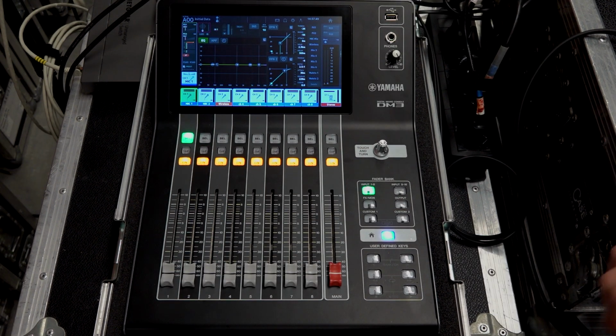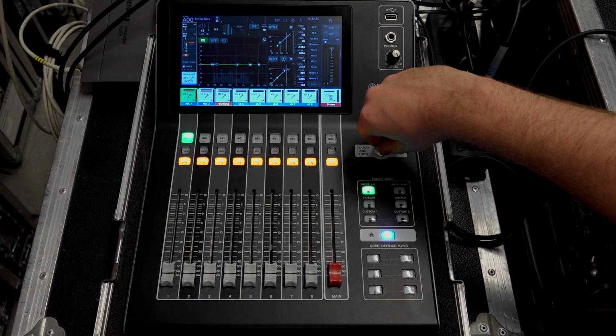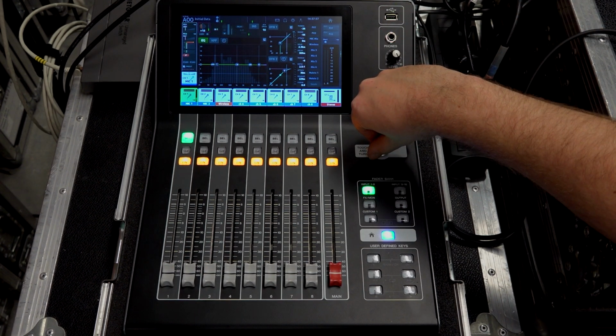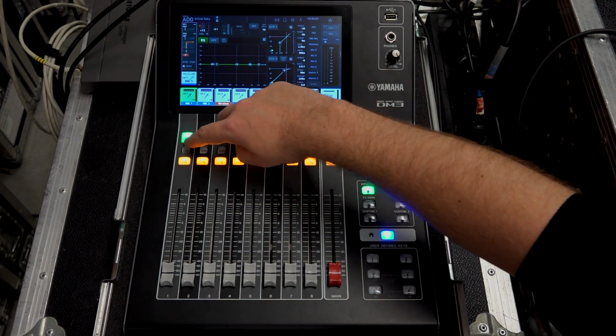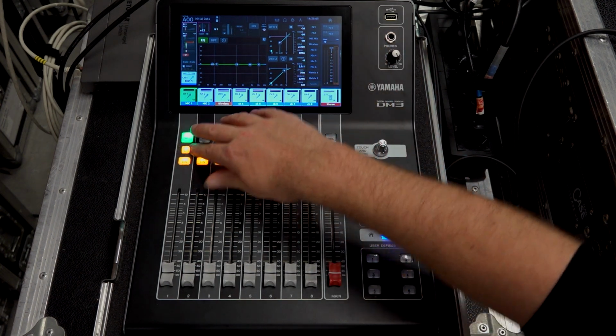The first thing to do is to set our gain level. There are several ways to do this. The most common way is to use our PFL. On a Yamaha console, this would be the Q button. PFL refers to pre-fader level, which we are able to listen to through our headphones and determine the correct gain